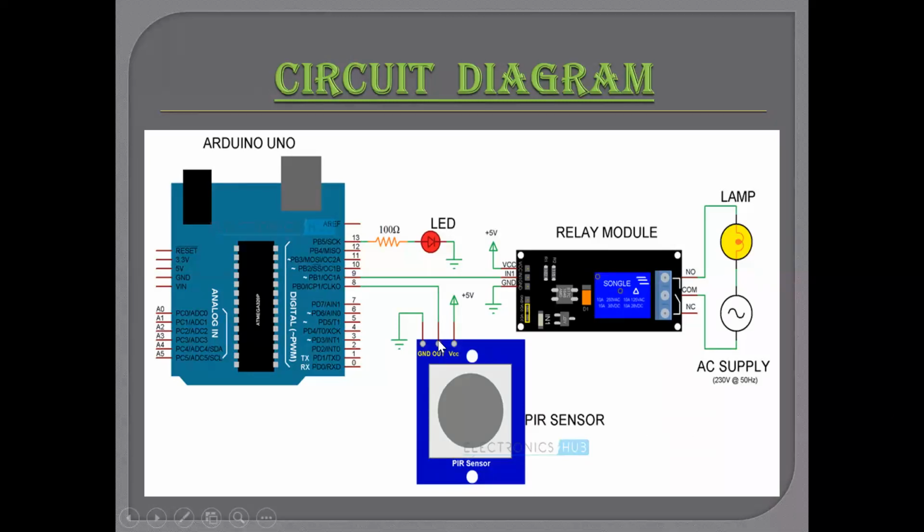As you can see, the out pin of the PIR sensor is connected to the Arduino. When it senses any human activity in the room, its out pin stays high. Pin number 9 is connected to the relay module, and this pin will send the data to the relay module. When data is sent to the relay module, it becomes activated, and when it is activated, the light turns on. When no data is sent to the relay module, it becomes deactivated and the light turns off. This is all about the circuit diagram.